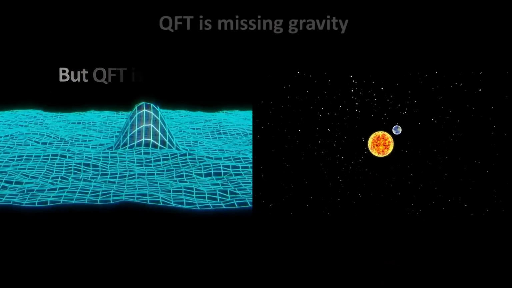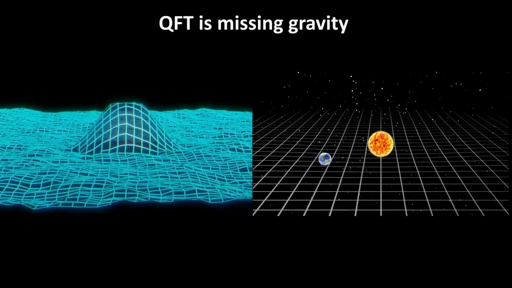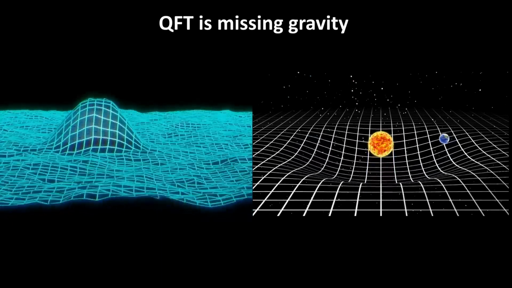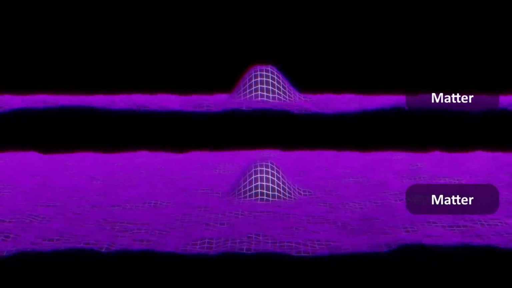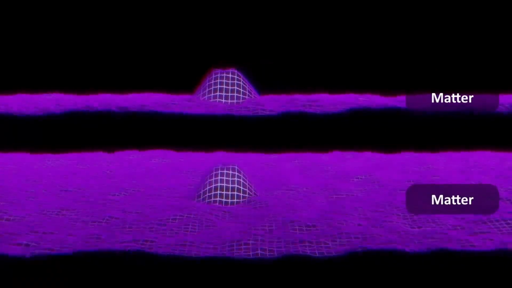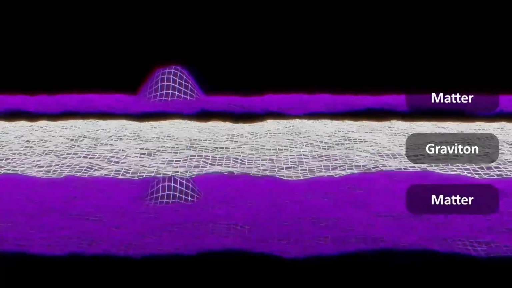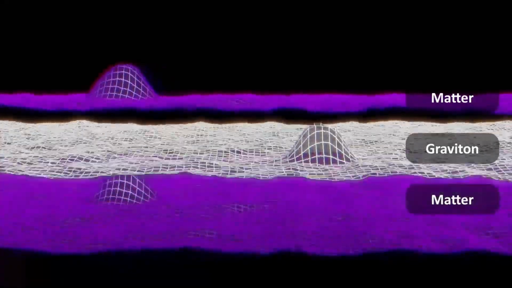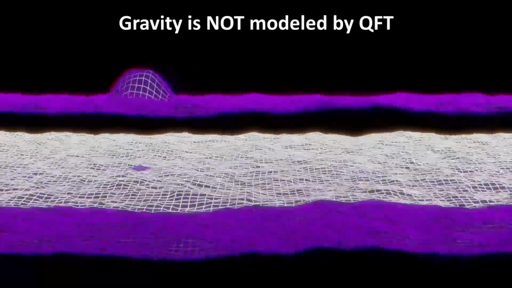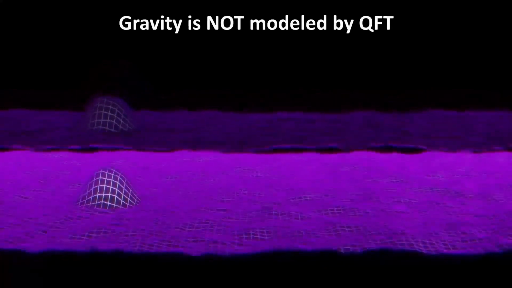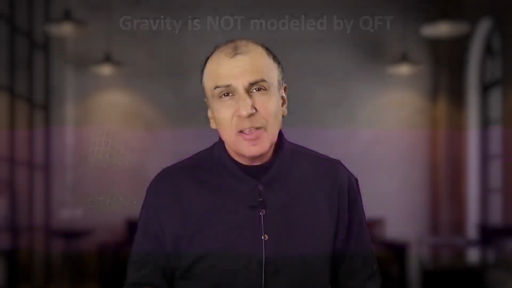For example, it's still missing gravity. We do not have a quantum field theory for gravity. If we did, it would mean that we could model a field for the theoretical graviton particles, and gravity would be mediated between matter particles by the exchange of this graviton boson. So even QFT, which is extremely accurate for the forces and particles we do know about in the standard model, remains as yet incomplete. The fact that we don't have this tells us something.